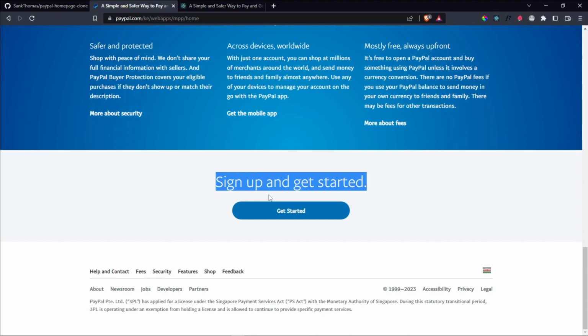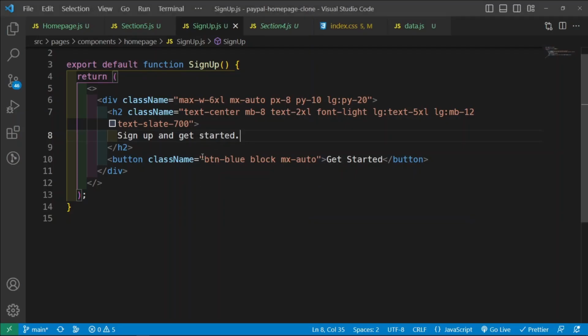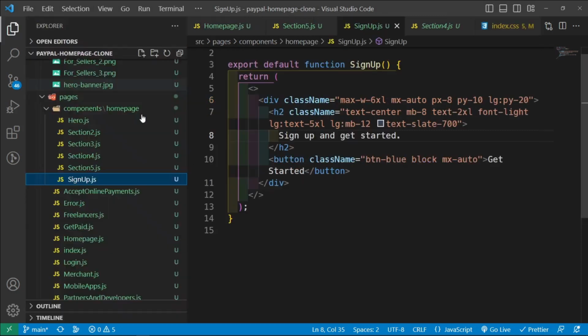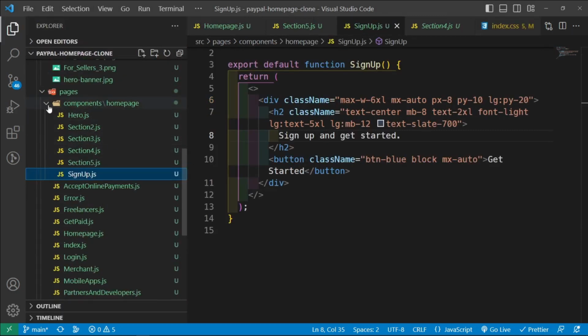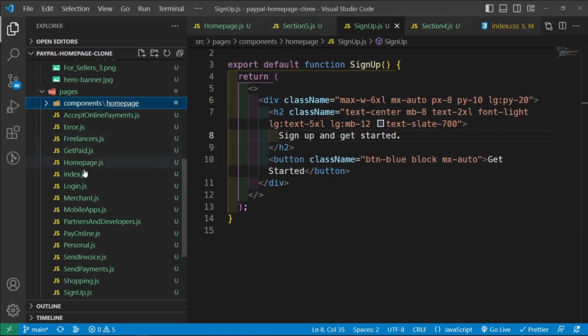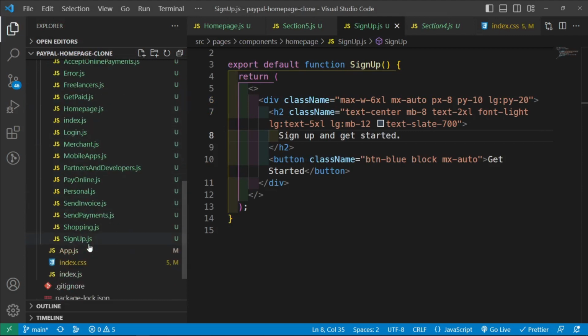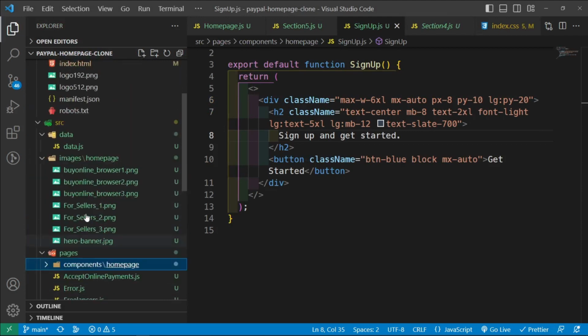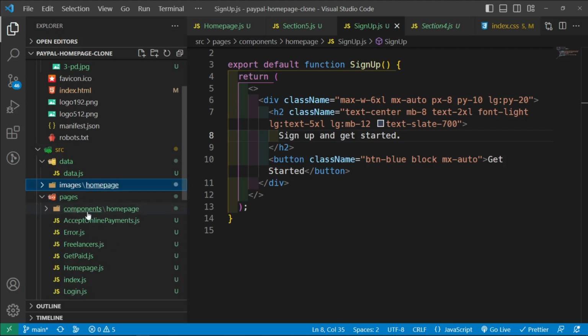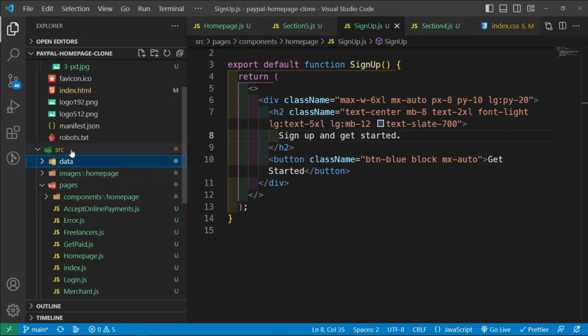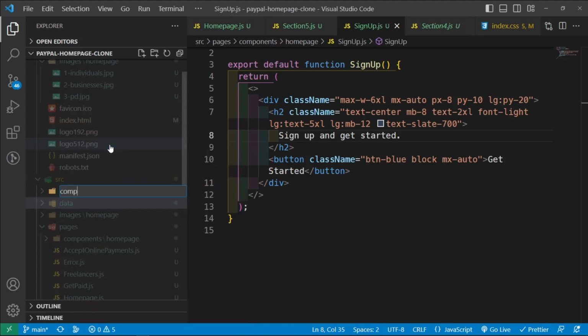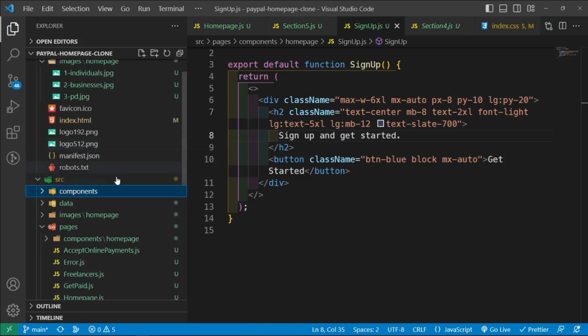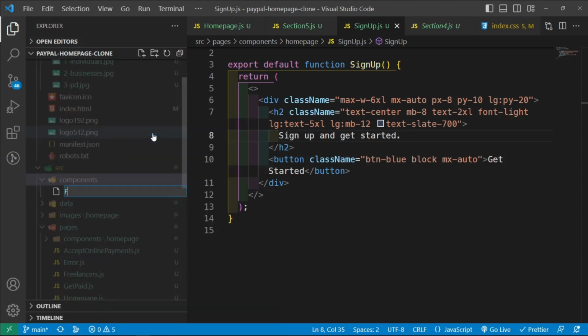Now the footer is going to be on every page, right? We want the footer to appear on every page, so I don't want it to be on the home page only. So I'm going to create the footer as a global component, and the way I'm going to do that is by going inside the source folder and creating a new folder called components, and then inside components I'm going to create footer.js,